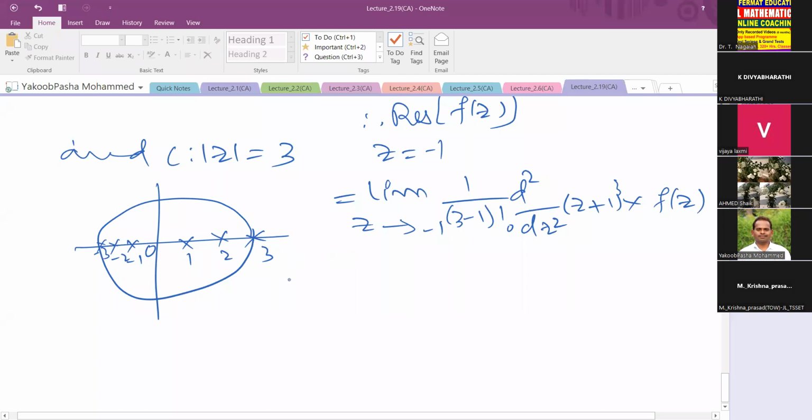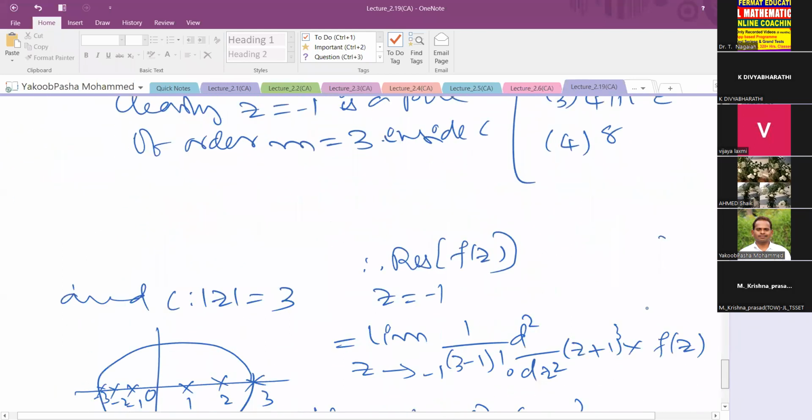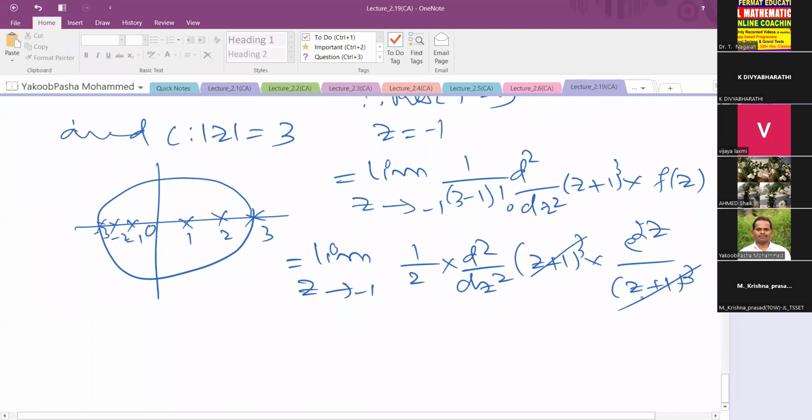So this is equal to the limit as z tends to minus 1 of 1 by 2 factorial into the second derivative of (z plus 1) whole cube into f of z. f of z is e to the power of 2z divided by (z plus 1) whole cube. Here (z plus 1) whole cube will be cancelled. So we have to